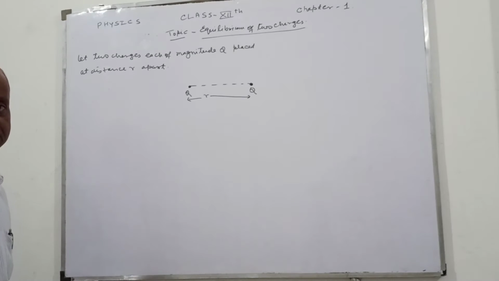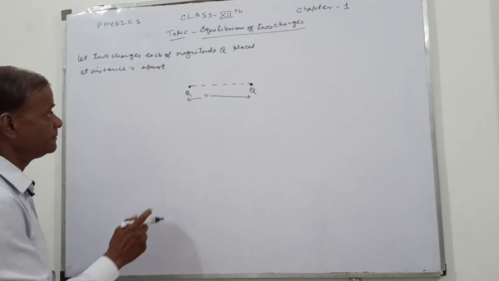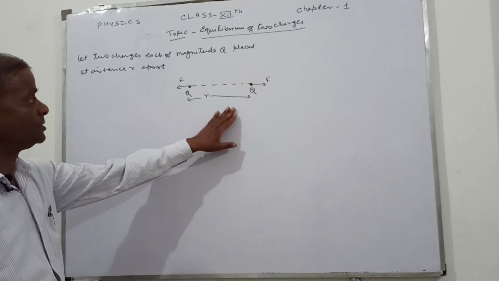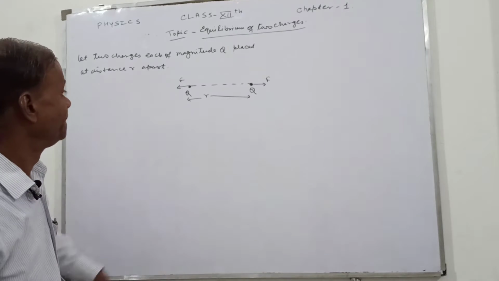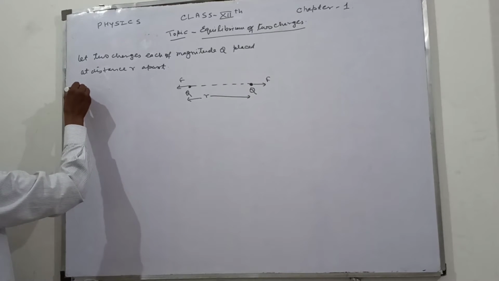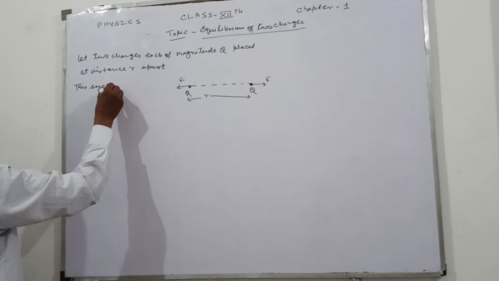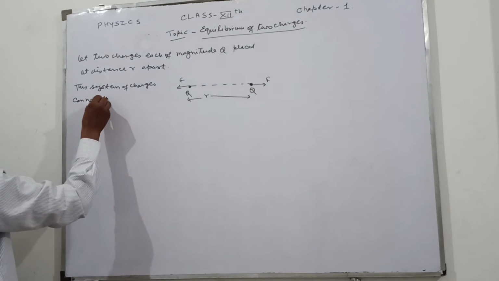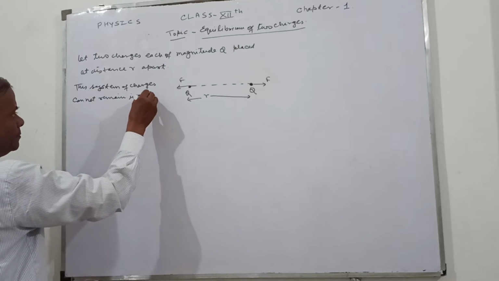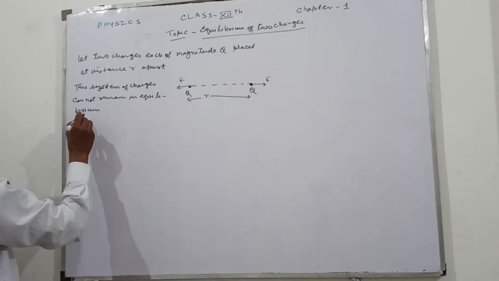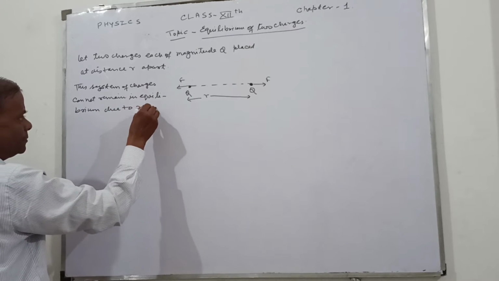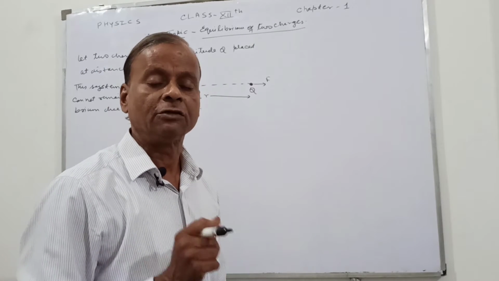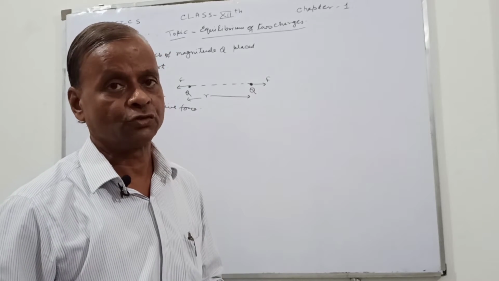Then, being two similar charges, they will apply a repulsion force F on each other. So they will repel each other. It means that they cannot exist together. This system of charges cannot remain in equilibrium due to repulsive force. Then what? To make this system in equilibrium, naturally a third charge of the opposite nature should be kept between